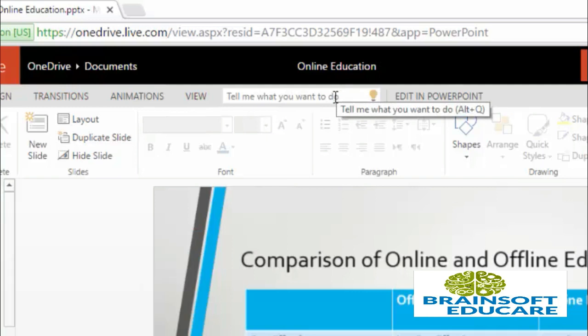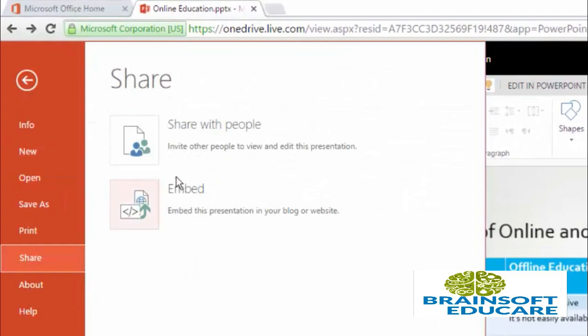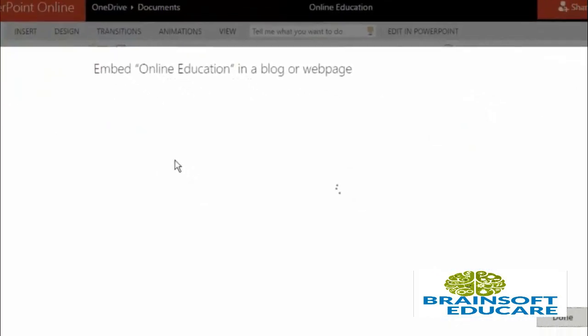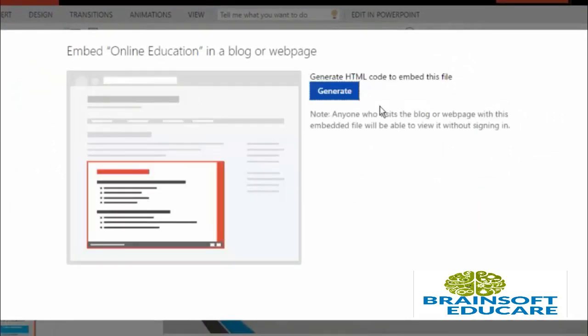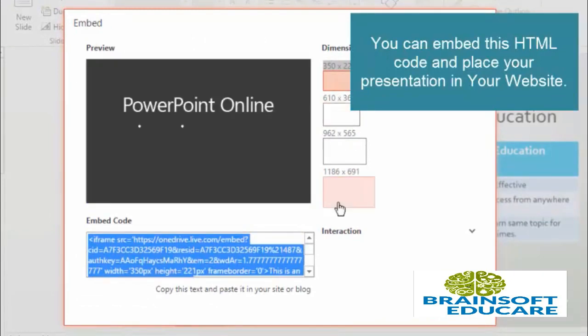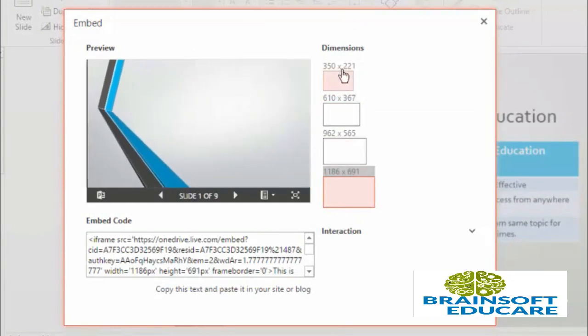Now let's see one more option called embedding your presentation, which is under File and Share, and this is Embed. So click on this Embed and one window will open from where you can generate HTML code. So click on this Generate button and here it is. Select the size in which you want your presentation to be. This is larger size and this is smaller size, and this is the widget which will appear on your